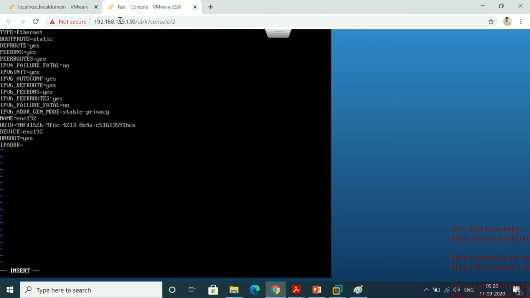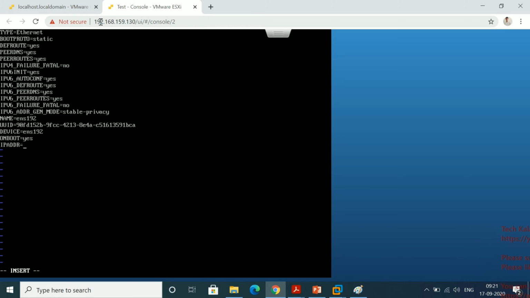So you can see here in my ESXi host, it's showing 192.168.159.130. It means this IP came from when I first booted this ESXi host, it was taking an IP from DHCP, right?